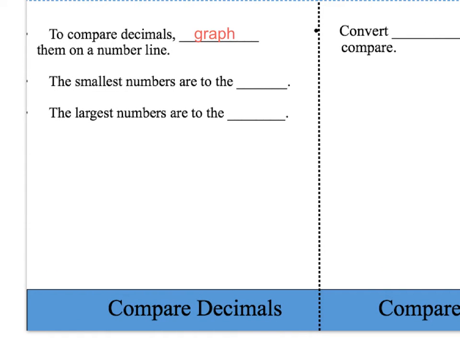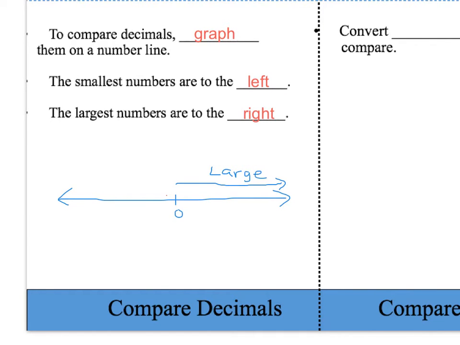So let's take a look at how we can compare decimals on the left-hand side of our notes. To compare decimals, graph them on a number line. Remember that the smallest numbers are to the left on the number line, and the larger numbers are to the right of the number line. So if we have a number line drawn here, 0 in the middle, we know that all the numbers to the right are large,